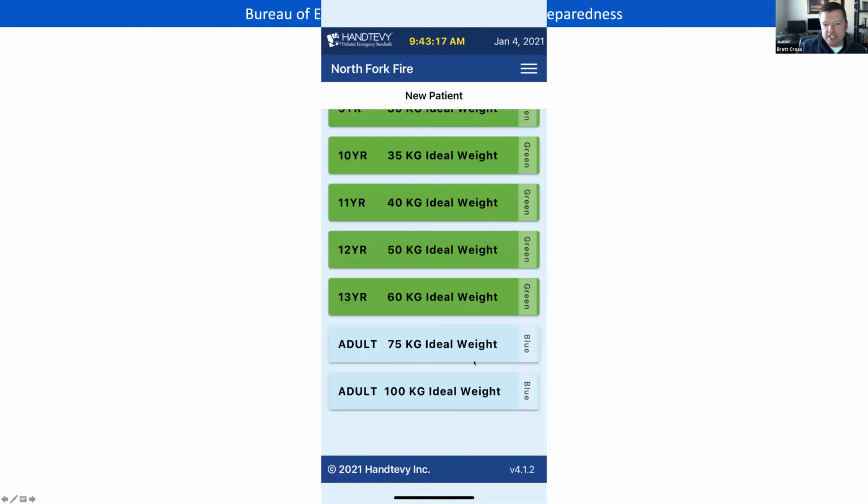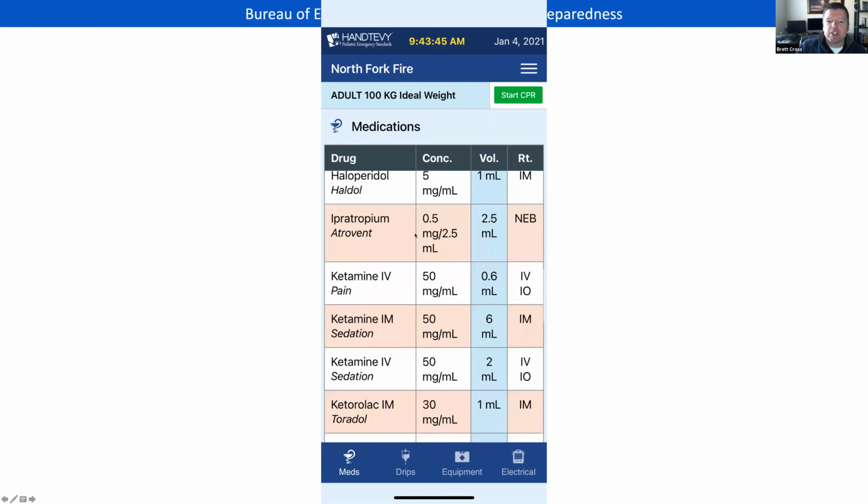We scroll down, we can see 75 and 100 kilogram adult. I don't know what the logic behind that is, other than maybe female 75, male 100, more average weights, but pick one. Most of the meds are going to be identical for both adults, just because it's the standard adult dose. So we say 100 kilogram adult, and because this is a trauma, we first need to